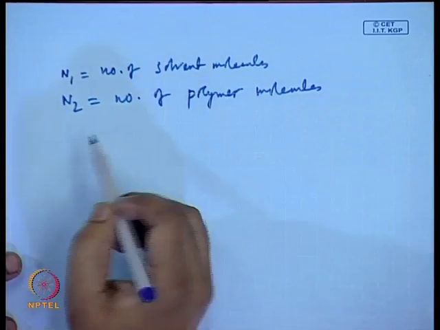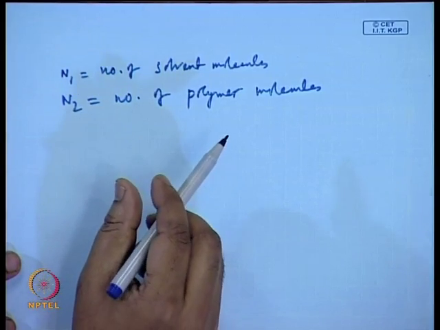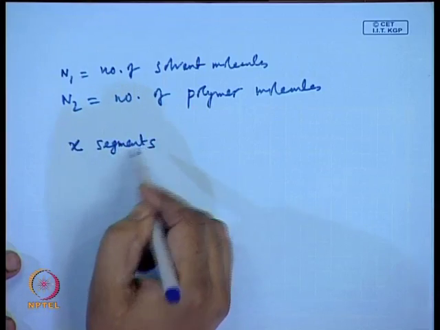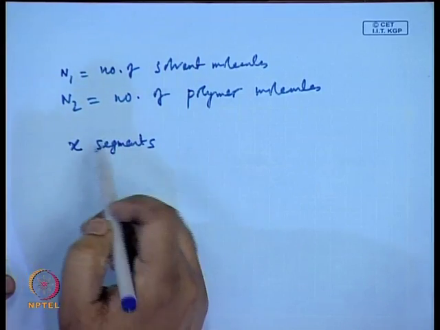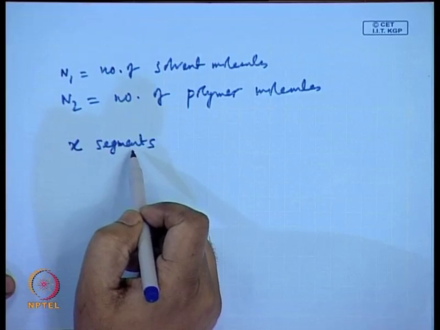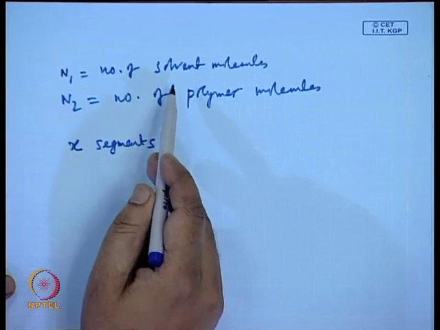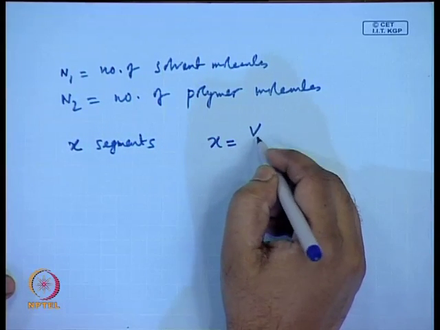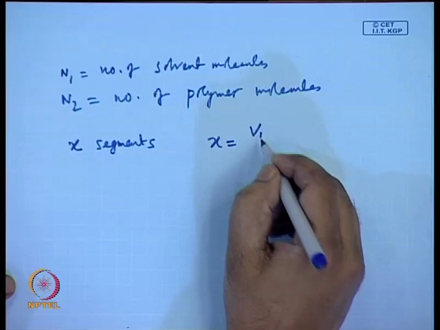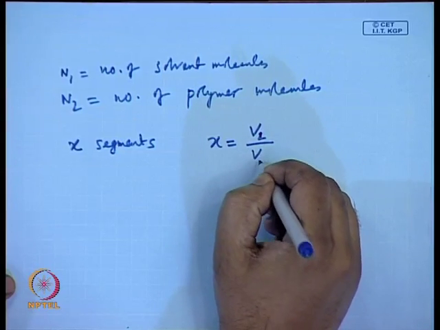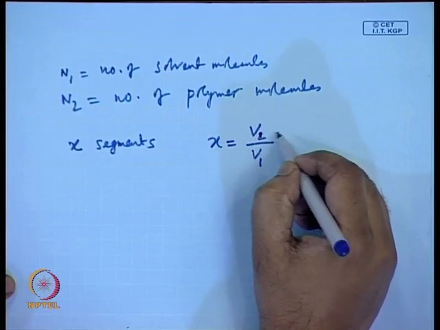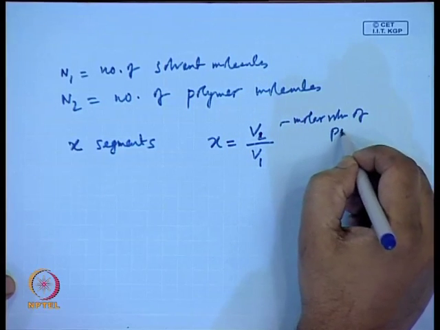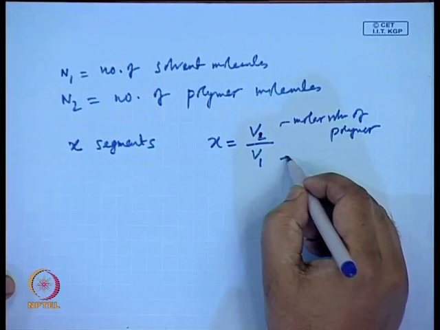So, what we are doing is dividing a single polymer molecule into x segments, where the size of each segment is the same as the size of a solvent molecule. So, x is V2 by V1, where V2 is the molar volume of polymer and V1 is the